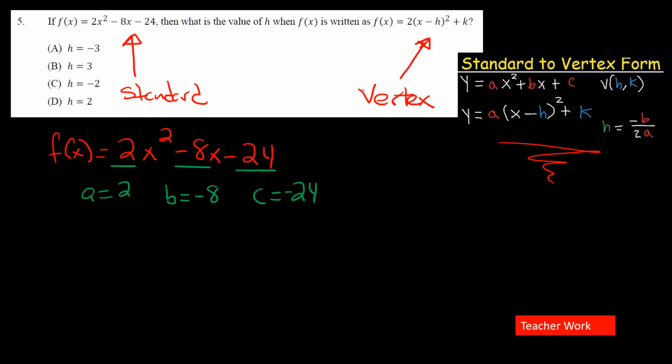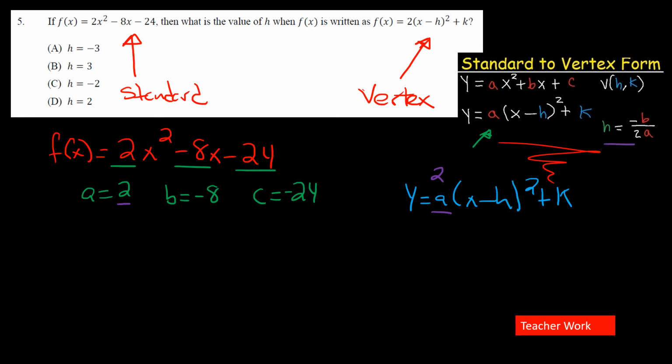So if I'm looking for these values within the vertex form, what we see here is that A is the same, like nothing really changes. But let me go ahead and write this out. Y equals A times x minus h squared plus k. A is the same, and like they said here, it's 2, right? But h and k, this is where we need to start finding these values. And we can use test points and all this stuff to find out these values, or actually the vertex itself. But if I'm looking for that h, okay,